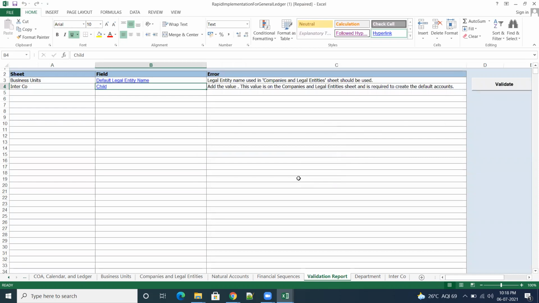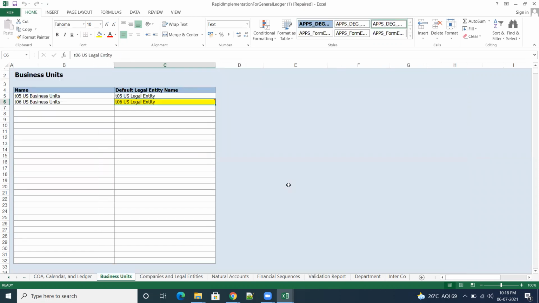Legal entity used, business unit. Okay. What is the problem here? Oh, this is the one, right? Legal entity is one only, right? BUs are different.